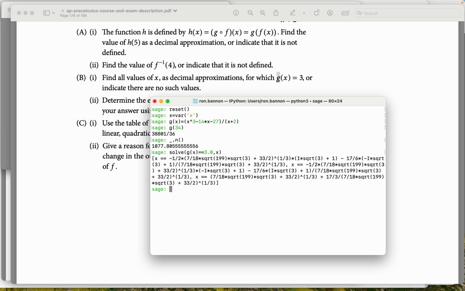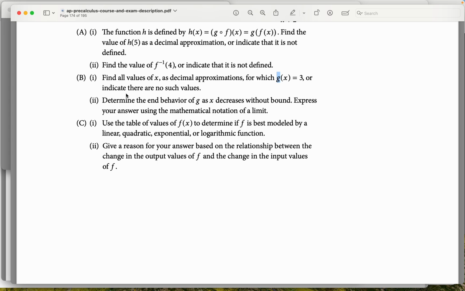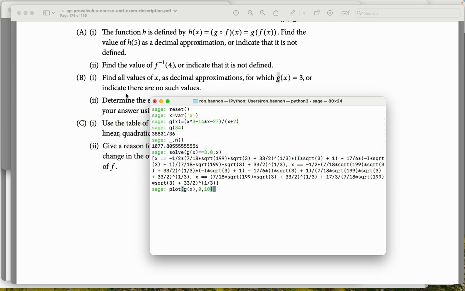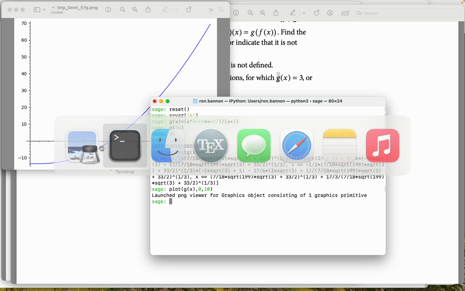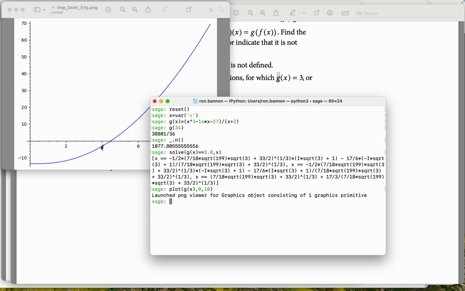So what I want to do is plot it, P-L-O-T, and I'm going to plot g between 0 and 10. You may wonder why I'm doing that. I'm just giving it a range. And I'll see what it looks like. Now looking at it, this is what g looks like between 0 and 10. And looking at it, I'm going to say the root for 3 would be between 4 and 6. So I want to go back to this and find the root now